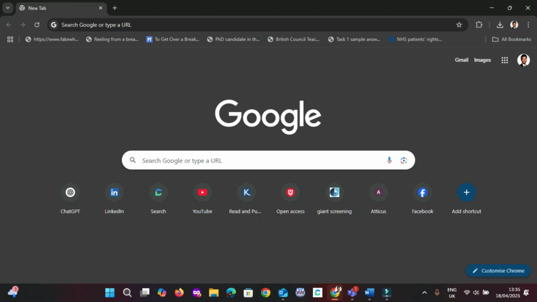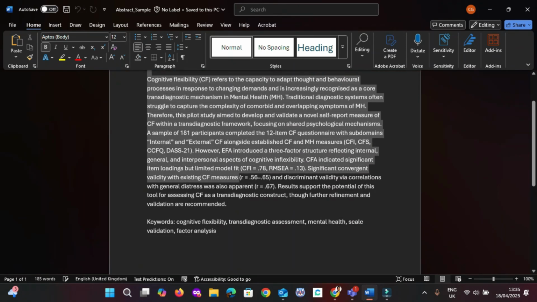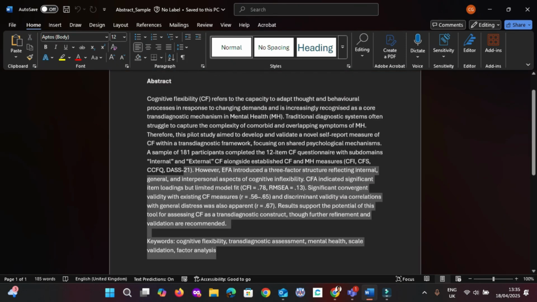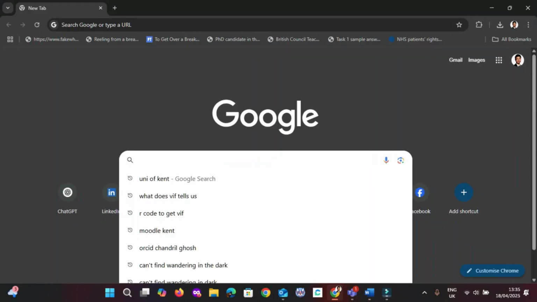In this lesson, I'll show you how to find a suitable journal for your research. Okay, so to get started, let's say you have an abstract here. So all you need to do is just copy this and just search for